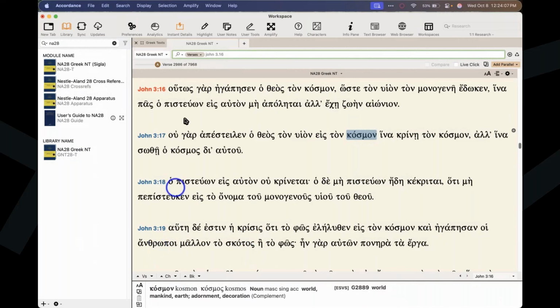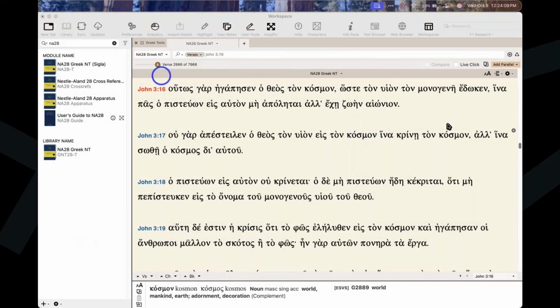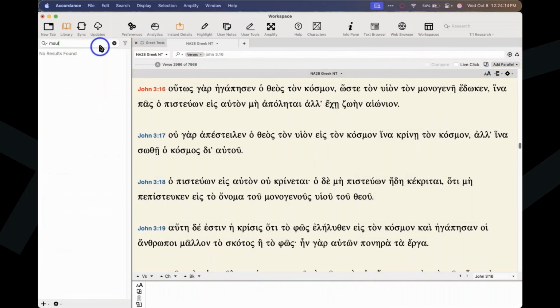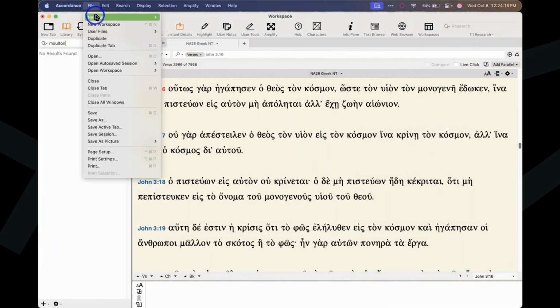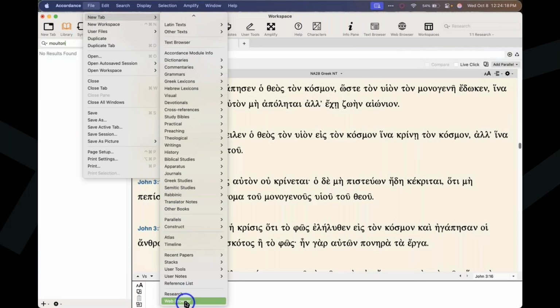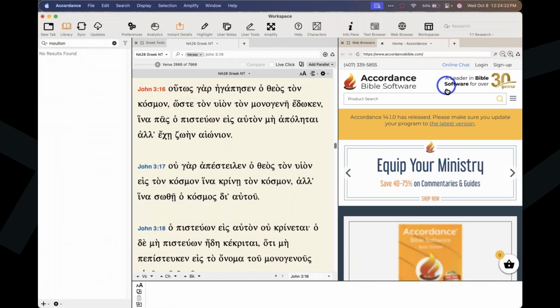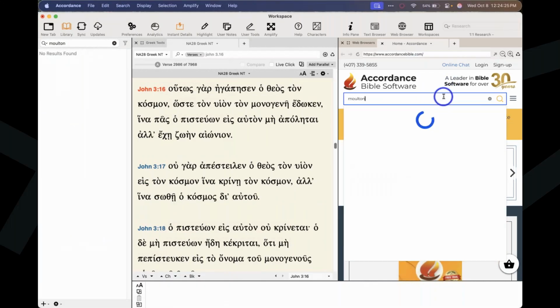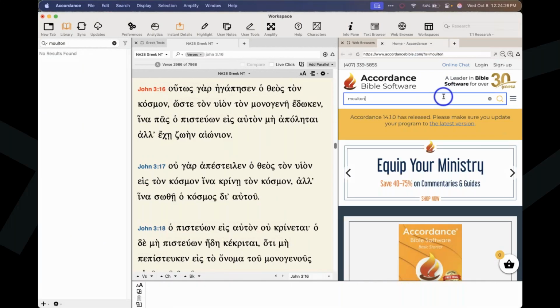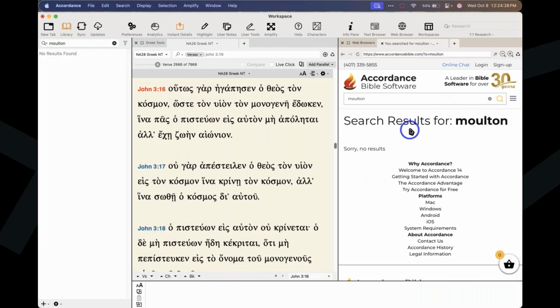Somebody asked if the Moulton grammar exists in Accordance. I don't think we have that. I believe that's been requested before. I'm just trying to look this up, and I'm almost sure we don't have that in Accordance. But you would not be the only one who would be interested in that. So you could go to